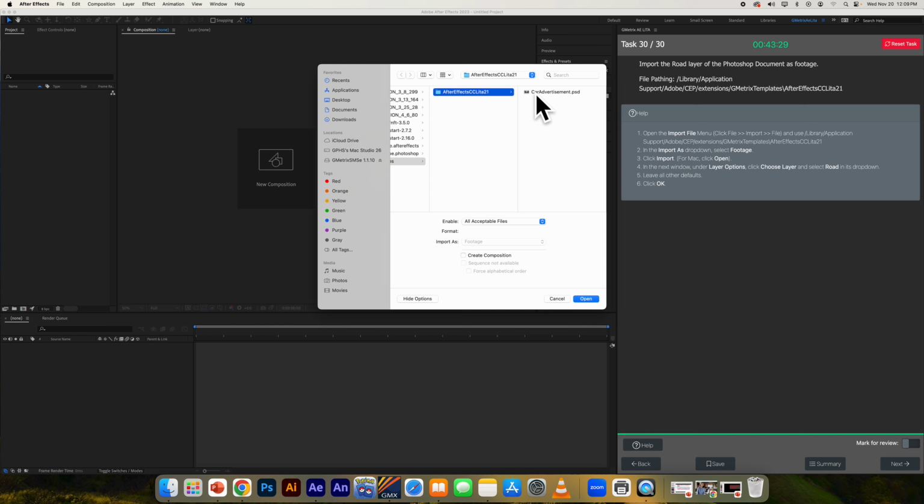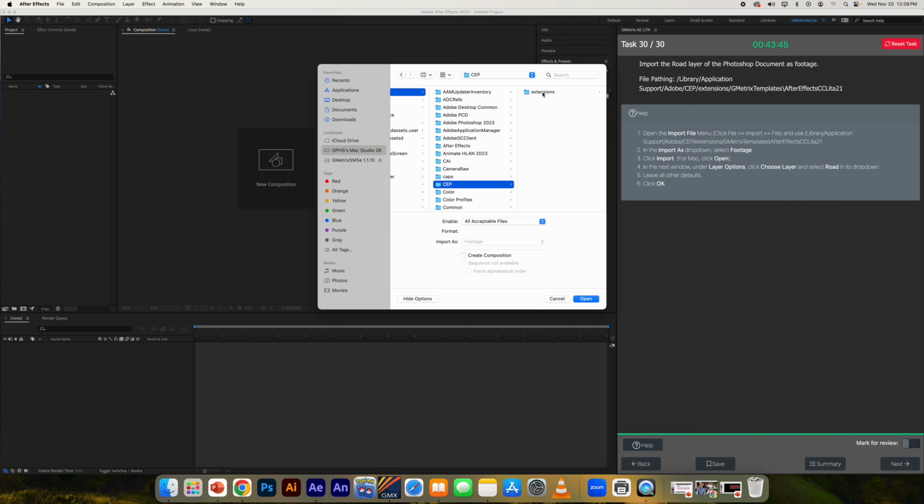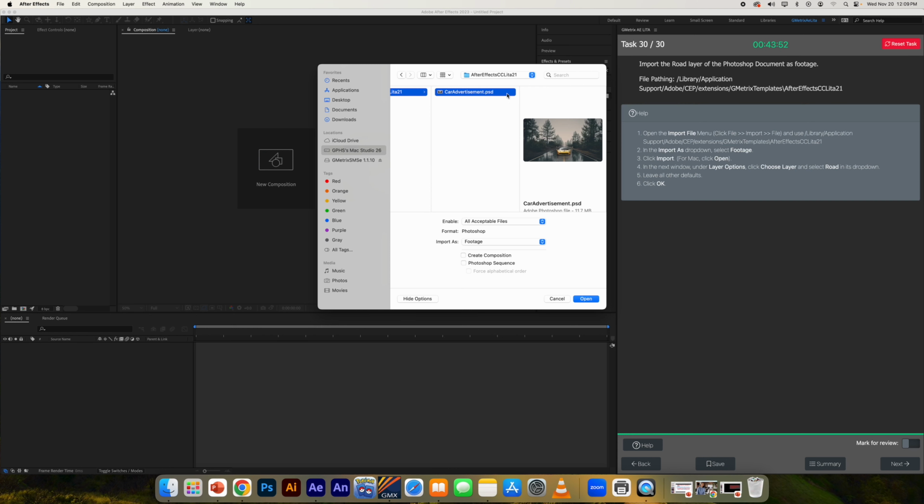And if you don't know how to get here, or if it isn't already here, you have to click on the computer, GPH's Mac Studio, or whatever your computer is called. Click Macintosh, Library, Application Support, Adobe, CEP, Extensions, GMetrix Templates, After Effects CC Lita, and then there is the car